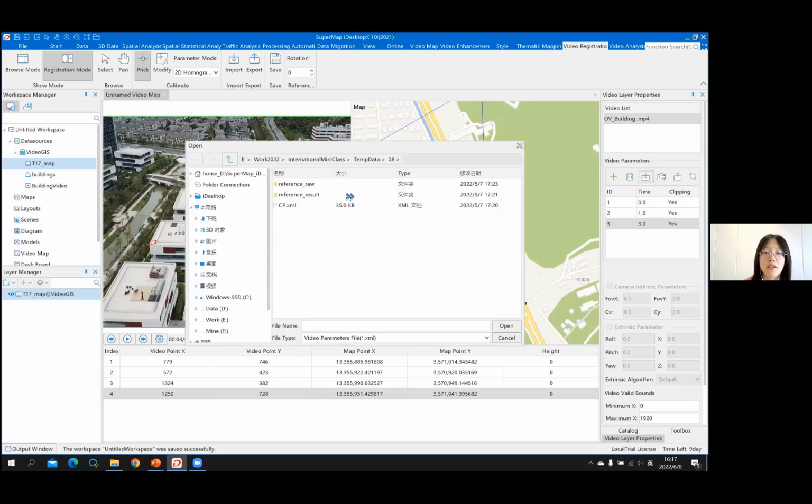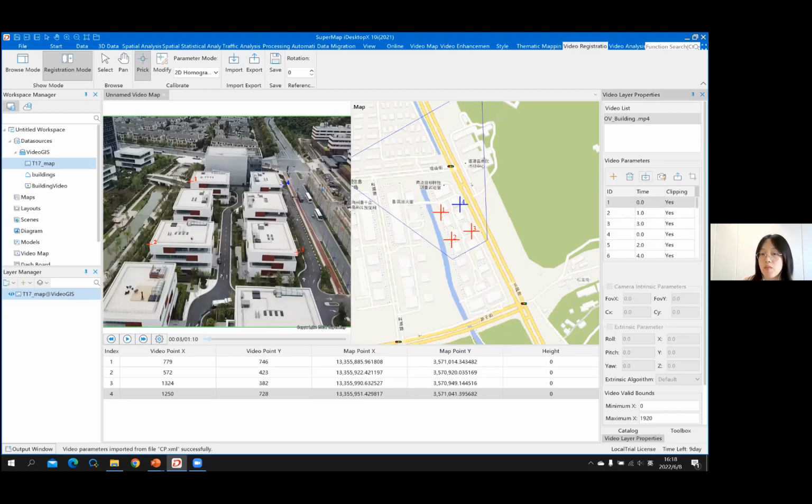If we click on it, go to where we have the materials for today's session. Here we have an XML file called CP, short for control points. If we choose this one and click open,